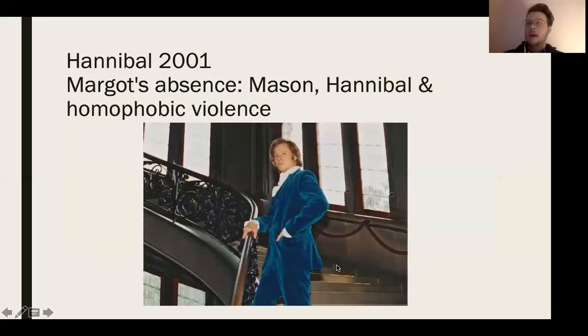So, in the film Hannibal, 2001, Margot Verger does not appear. So Margot Verger's entire absence from the film adaptation of Hannibal gives the film an unsettling quality. Now, rather than Hannibal Lecter and Mason Verger being in conflict over the abuse that Mason inflicted on Margot,